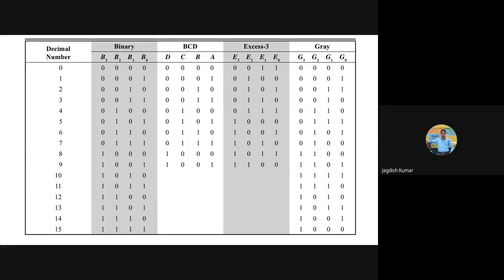Huh? Okay, what is 10 in this XS3 code? Ten in XS3 code.